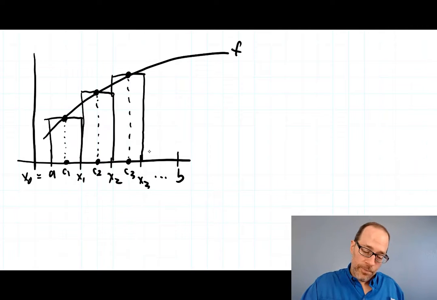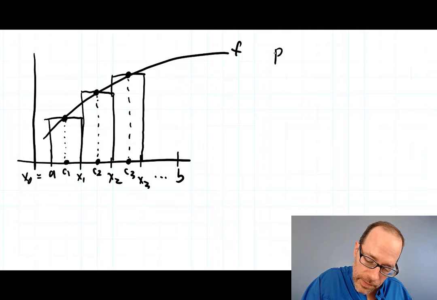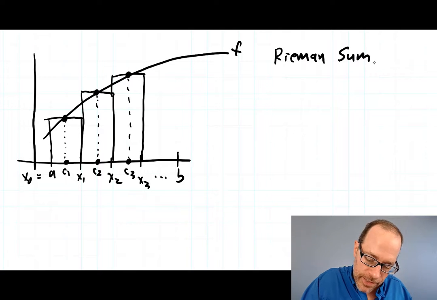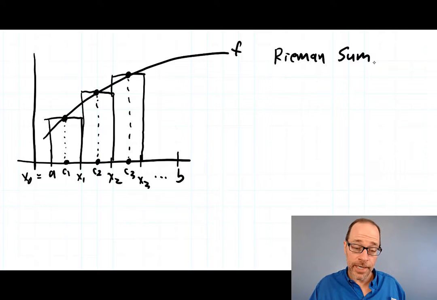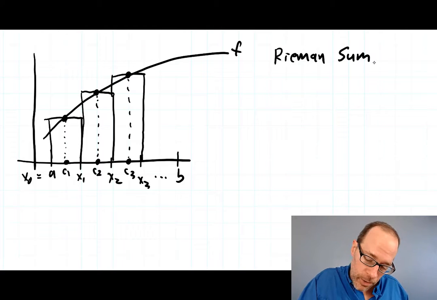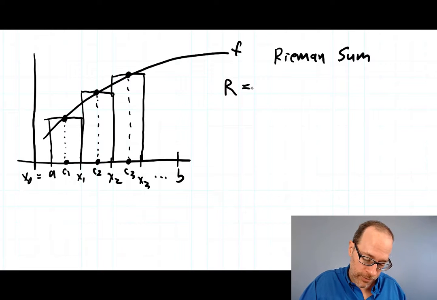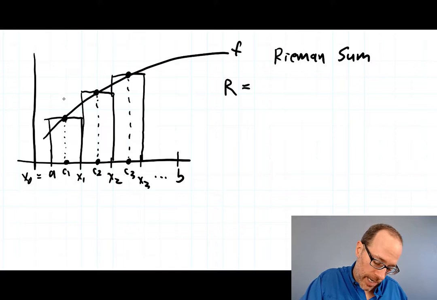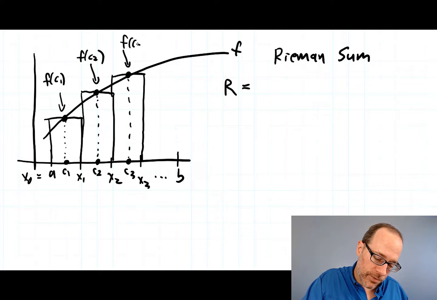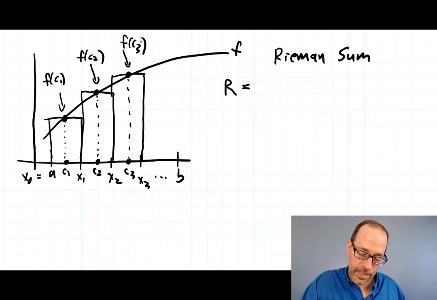And so the Riemann sum will just be the sum of the areas of these rectangles. Okay? So that first rectangle, I'm going to call it just R now for Riemann sum. Well, the height of the rectangle is just, how high is that point? It's f of C1. How high is this one? f of C2. How high is that one? f of C3. So the area is the height, f of